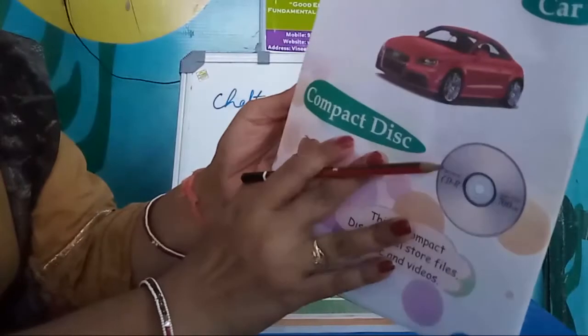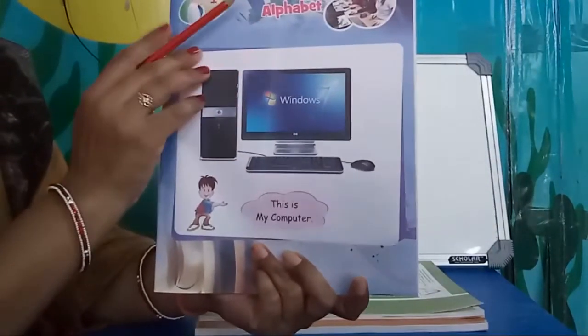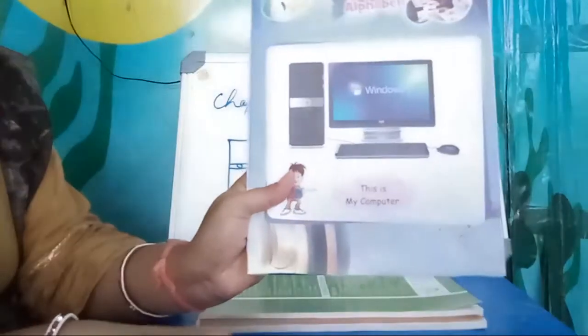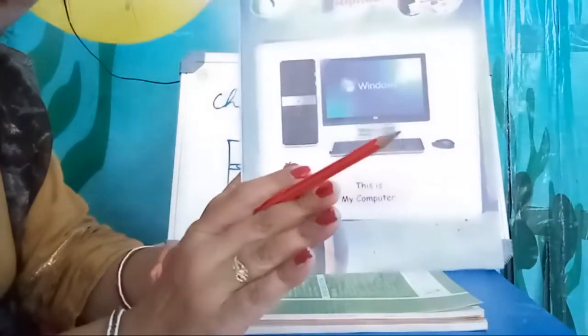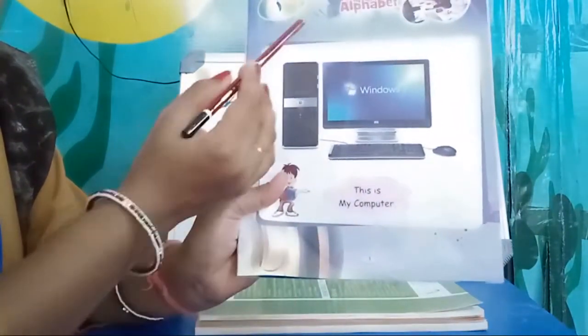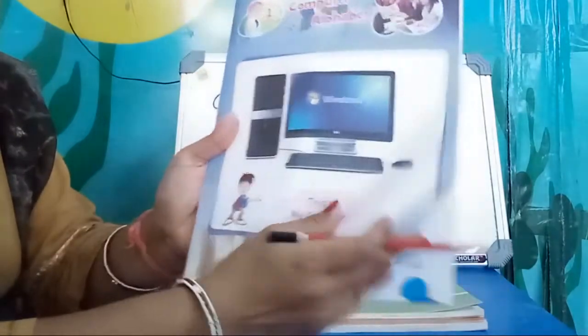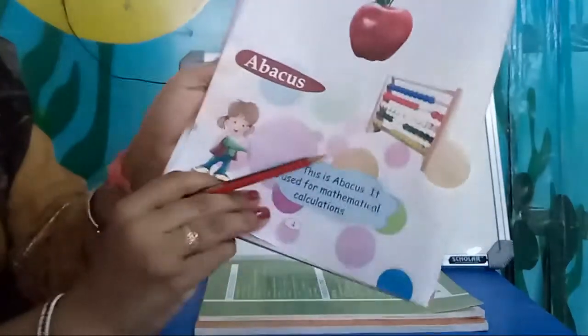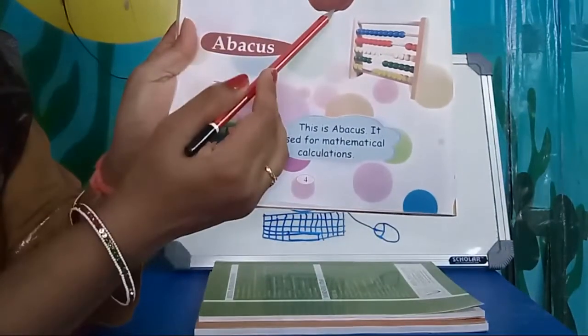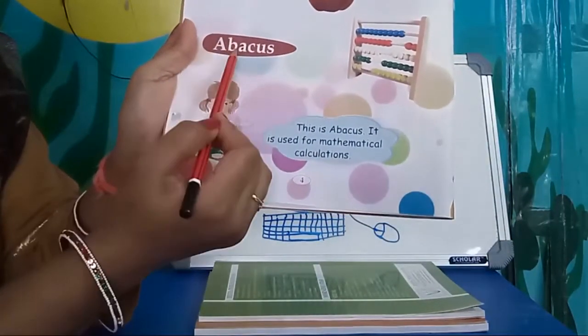Okay. So once again we will revise today about computer alphabet. How many alphabets did we learn today? A, B, C, D. Alright. Of computer. So, computer alphabet. First one, A. See in your book, page number 4. A for apple and computer, A for abacus. Okay.